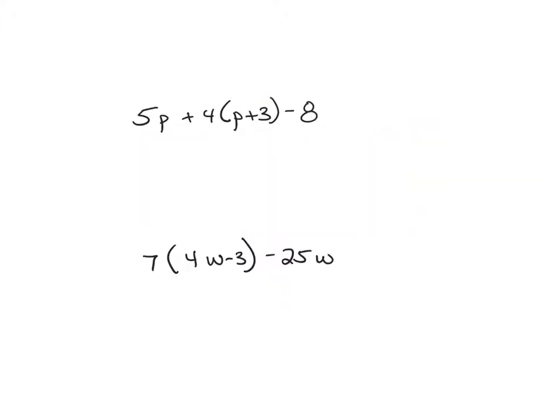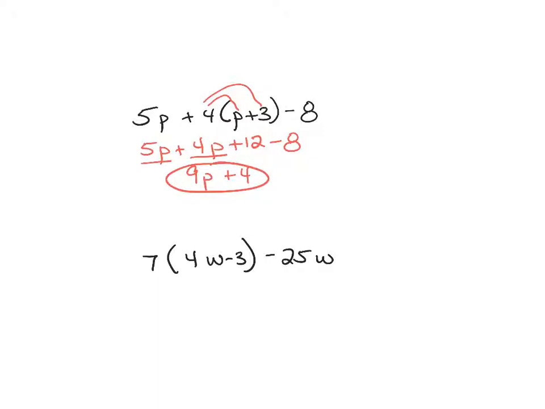At times, you may need to use the distributive property in order to go through and combine terms. So the very first one I have here, 5p plus 4 times the quantity p plus 3, minus 8, I can rewrite by using the distributive property. So I'm going to have 5p plus 4p plus 12, because I have to multiply the 4 times 3, and then subtract 8. Once again now, I do have some like terms. I have 5p plus 4p, which gives me 9p. My constants, 12 subtract 8 gives me a positive 4,